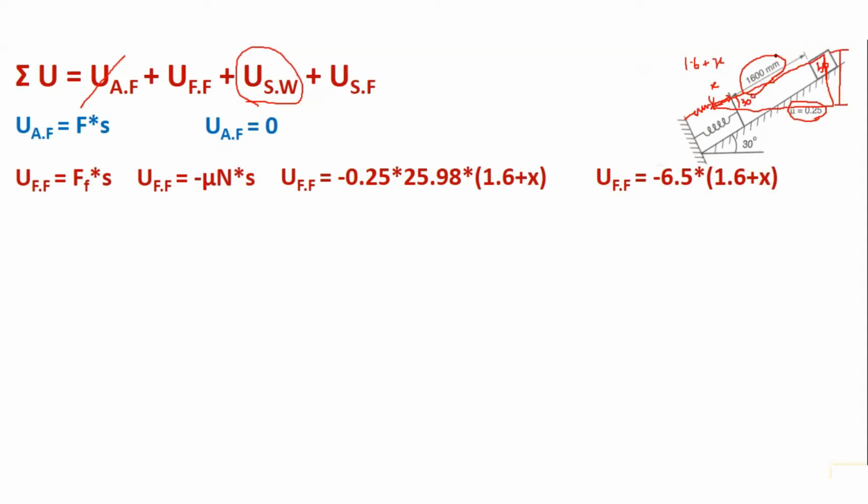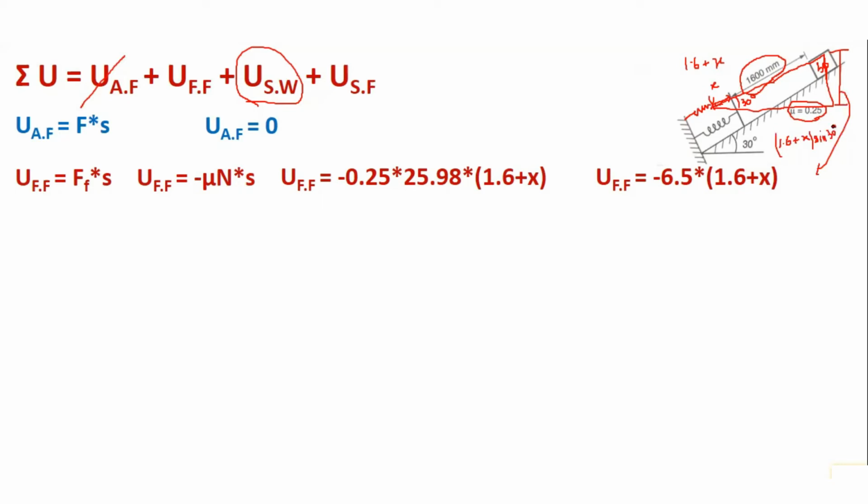Also we know the side of this triangle, that is 1.6 plus x. So by applying cosine rule and sine rule, I can get the value of this particular height as 1.6 plus x sine 30. This height will be 1.6 plus x into sine 30, because it is the side opposite to 30 degrees, so it will be sine theta.